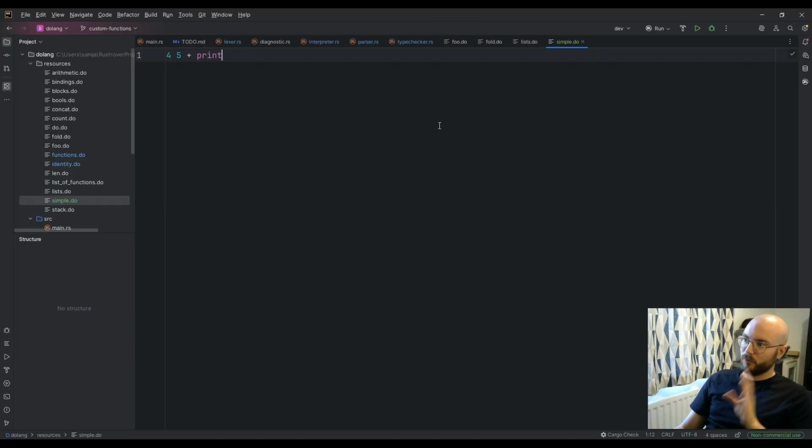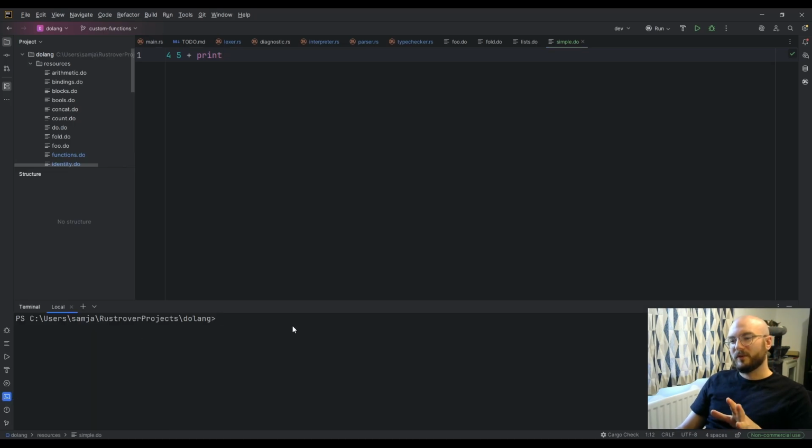And then a well-formed Do program must end with nothing on the stack, because usually if you've got leftover values that you didn't use, you've messed up somewhere. And these languages are very tricky to read and interpret as a human. So what's really helpful with languages like this is a very good type system. That's something that I'm trying to make as robust as possible.